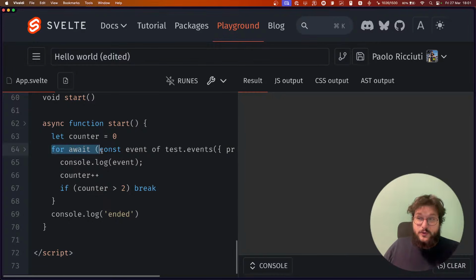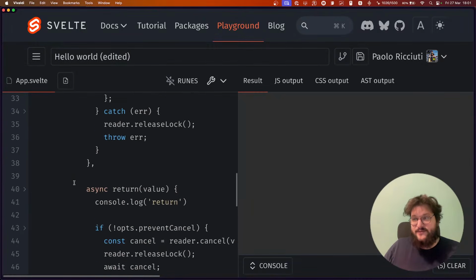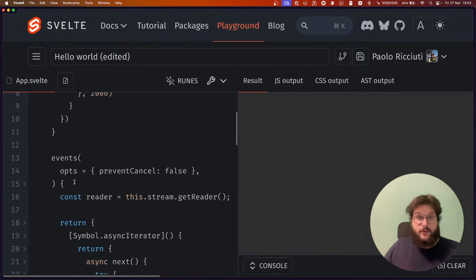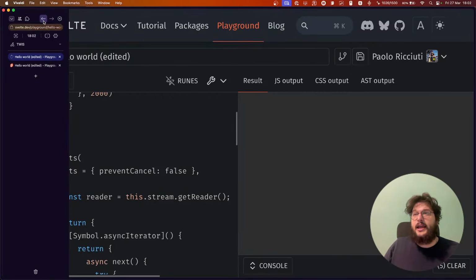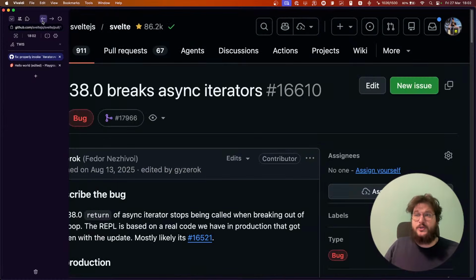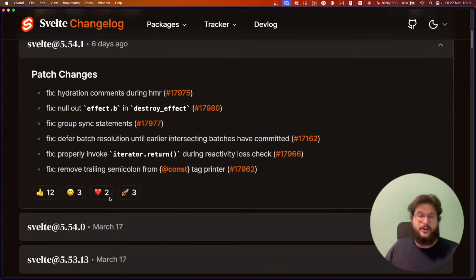But basically, if you do for await, this is a very powerful syntax. The async iterator is something that is very powerful, because you can asynchronously always send down some data. So it's very powerful, and it was broken because of the reactivity loss check.